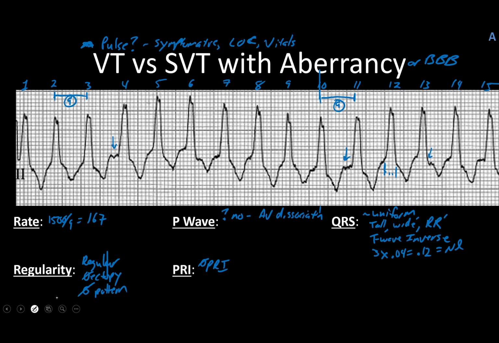Other things I can do to try and help myself out is, and physicians ask for this all the time, can we get a baseline ECG? Do they have one in the past that we can compare it to? Because we're looking to see, did they have a bundle branch block beforehand? Maybe some kind of interventricular conduction delay. Other things,